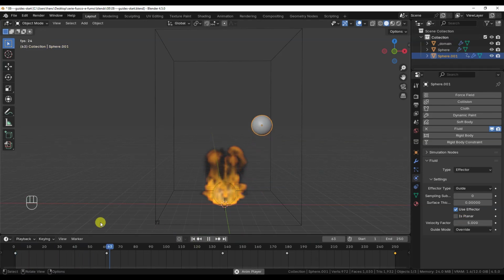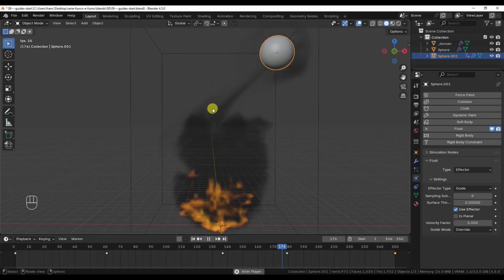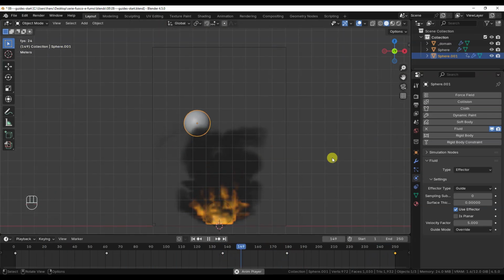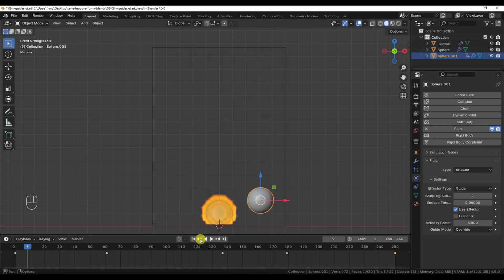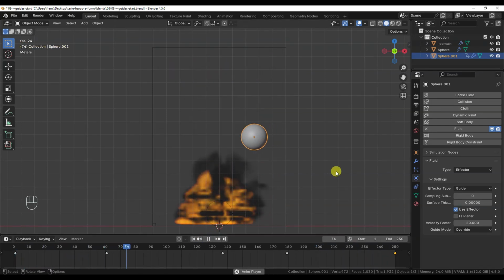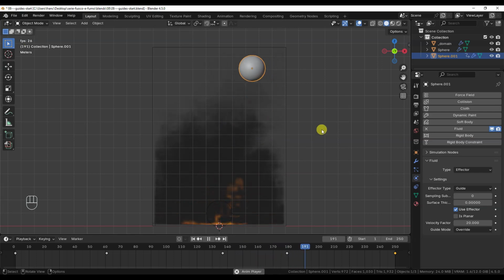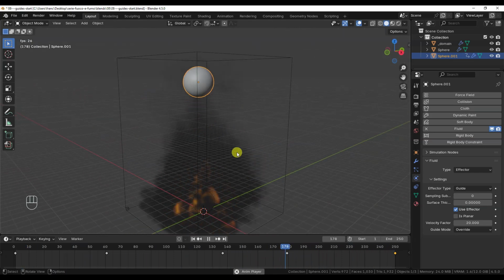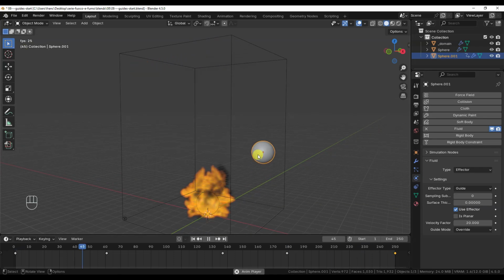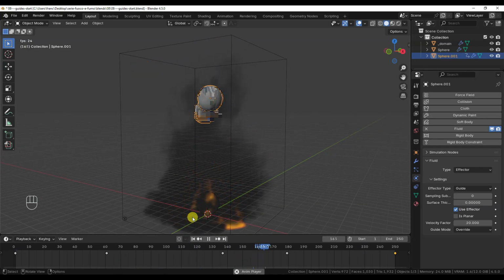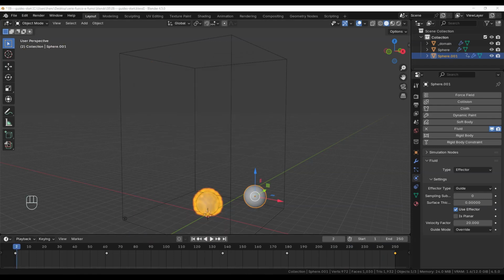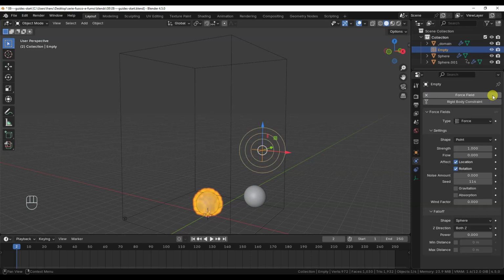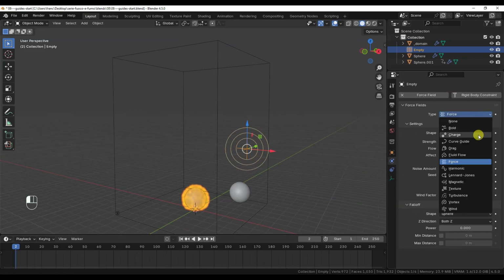This is the simulation with velocity factor set to 5. The way the smoke is dragged along becomes more noticeable. This is the simulation with velocity factor set to 20. It's clear that a guide object is not a collider, but rather a special type that disturbs and drags the elements of the simulation. There is, however, another way to influence the movement of fire and smoke, and that's by using force fields, which we'll cover in the next tutorial.